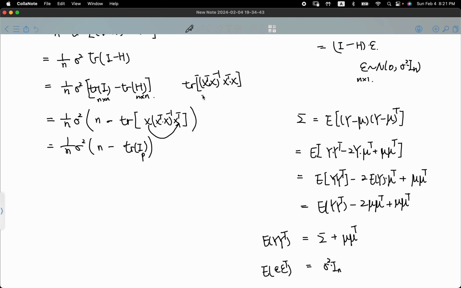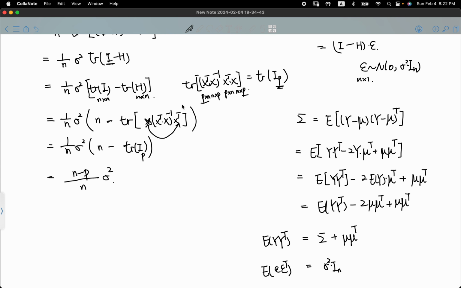X is an n by p matrix, so this is p by n multiplied by n by p. As you can see, this is an identity matrix of dimension p. This one is dimension n, but after we change the order here, this is dimension p. So we have n minus p over n